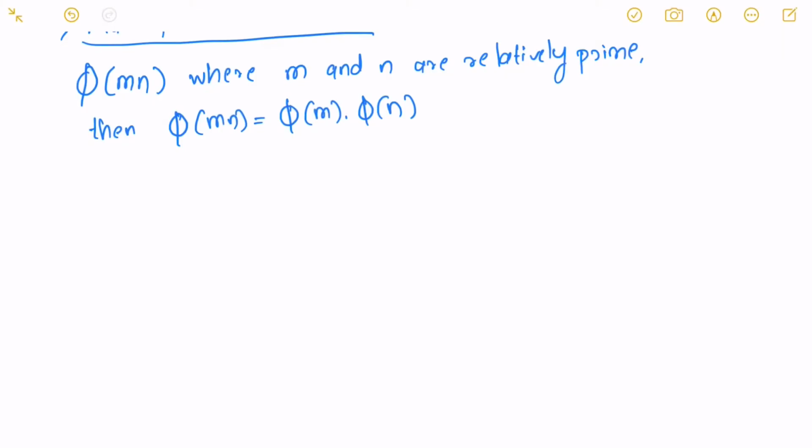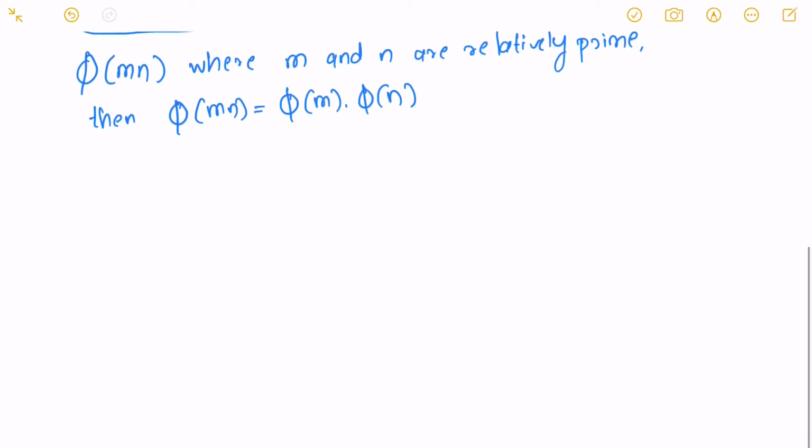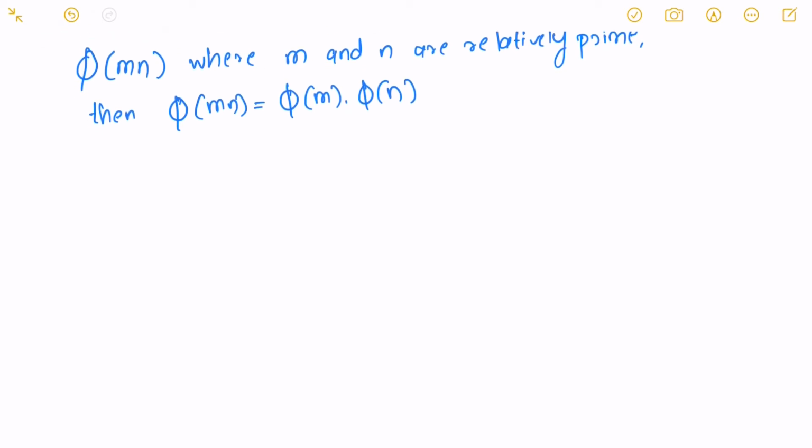Now let's move towards proving this property. Now you may ask, why do we need to even prove this? I mean, it feels intuitive, right? But then it is mathematics. The more you apply reasoning and the more you try to prove even the trivial or the most intuitive facts, you grow.